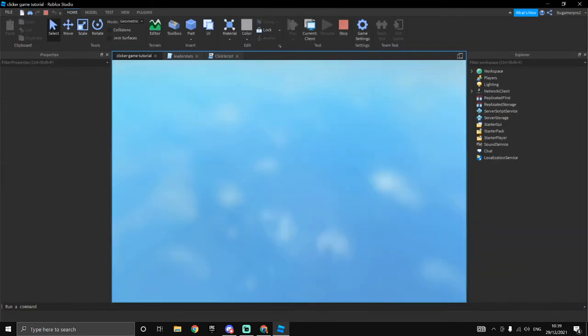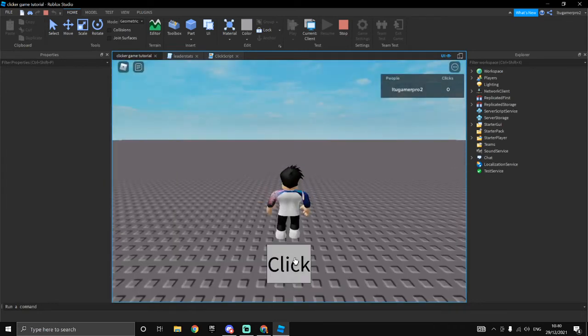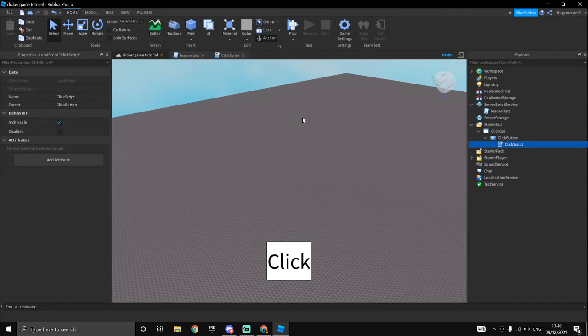So now let's go see if it works. I should start with 0 clicks. There we go. And when I click, it should give me clicks. There we go, so now it's giving clicks. So I'm going to make